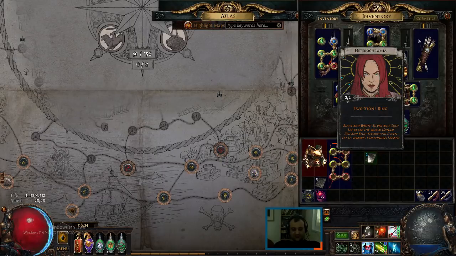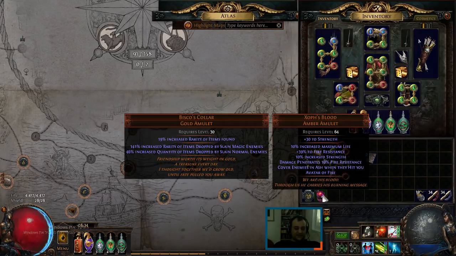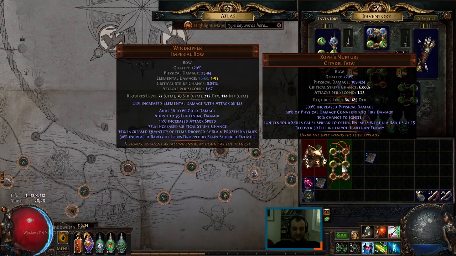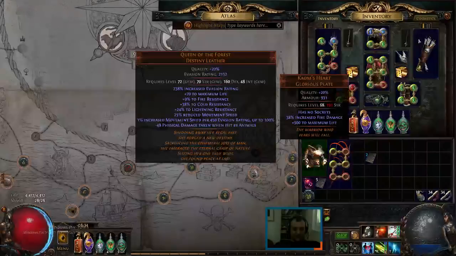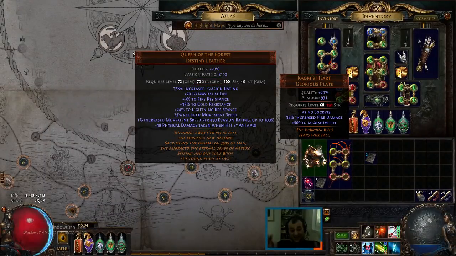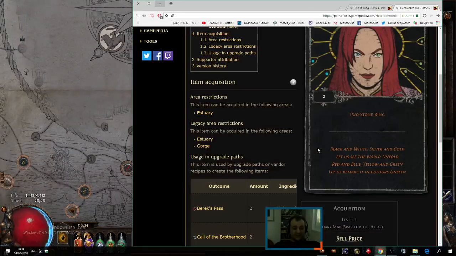Worst comes to worst, we have our Zoff Blood with Zoff Nurture. We have 100% physical to fire conversion, and this OPOP that I somehow managed to get on the Soul Self-Found League, very, very luckily, and the Calm's Heart. We have a very good base for our next build, but having this ring, I mean...